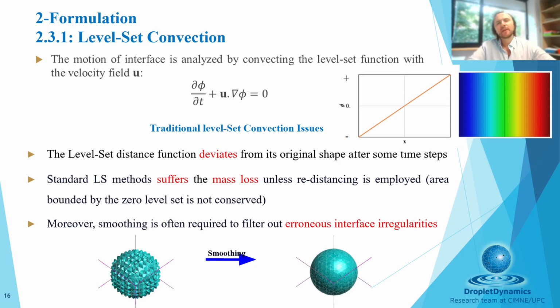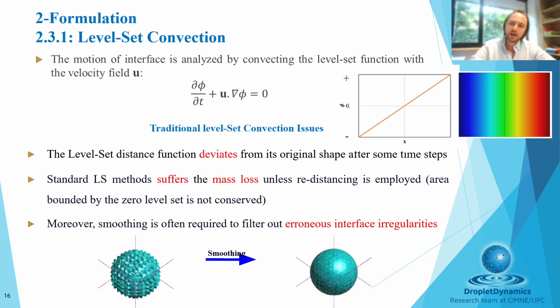And redistancing, when you bring back the level set function to become a distance function, is a costly procedure, and also it's a kind of ad hoc strategy to deal with this. So typically if you use traditional level set, you have to do redistancing and also typically smoothing,